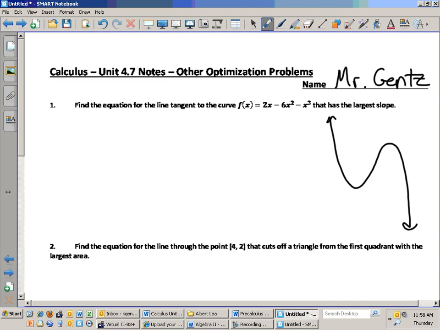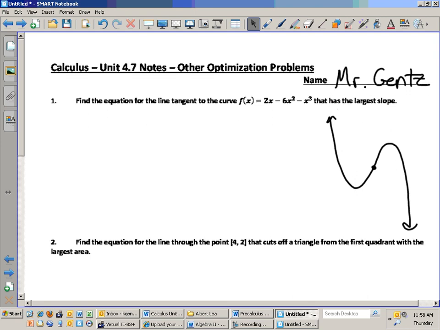Okay, Brady Falk went first. We're going to let him answer. So Brady, you tell me when I've gotten there. I would agree. That point, okay? You're right. It does happen to be the point of inflection. But before we think about the point of inflection in this scenario, we are trying to find the largest slope. So we are trying to maximize